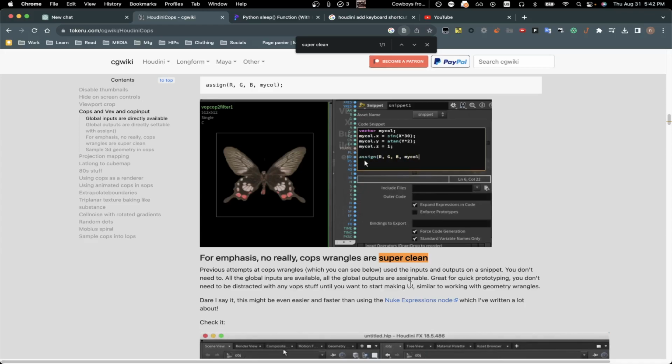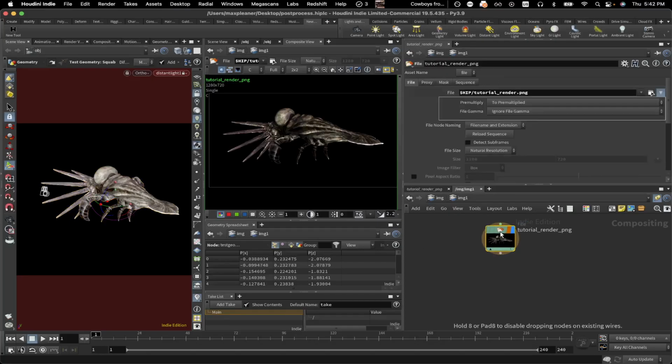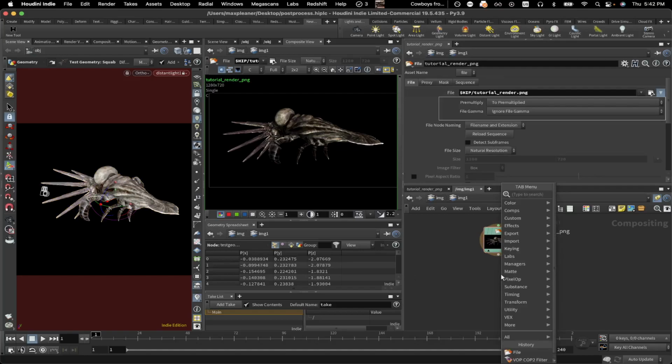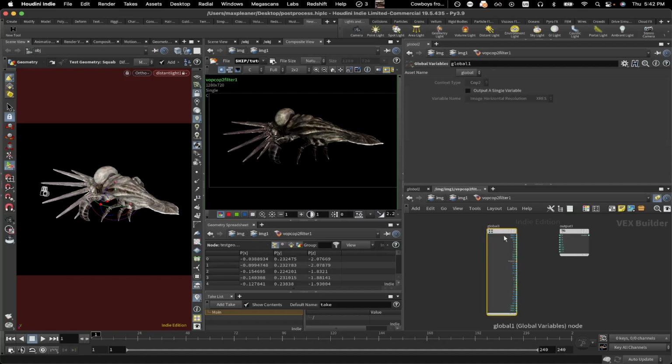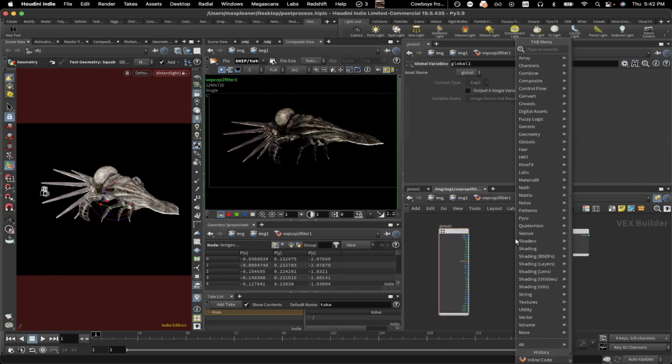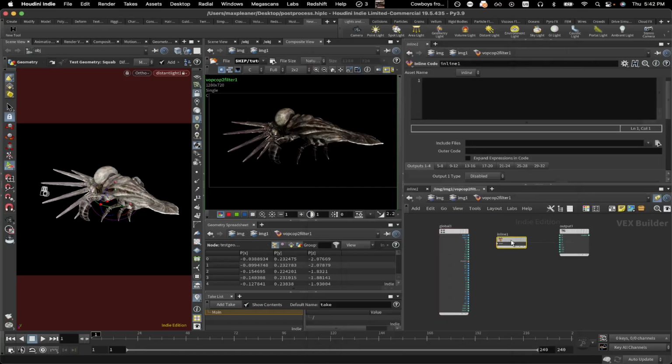so let me show how to do post-process code in COPs. You just right click, you type in filter, and you'll see this VOP cop2 filter here. You hook them up, and then immediately it just passes through, but when you dive in, you type inline, and then in order to read your color in, you actually don't need to connect this at all, but in order to read your color in, you can say vector color equals set RGB,